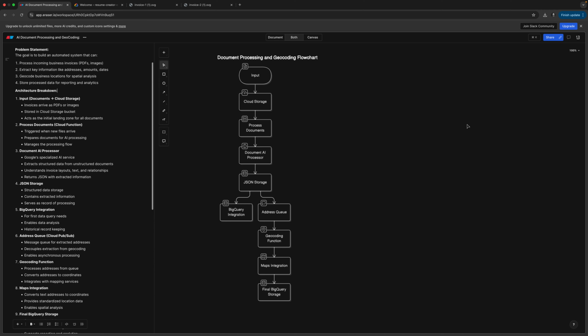Let's begin from the basic understanding of the problem statement. The goal is to process the incoming invoices, such as your PDFs or images, and you have the responsibility to extract the information such as address, amounts, dates. But in this case, we are only going to extract more or less addresses. We will take a look at that, like if we want to extract the amounts and dates and store that